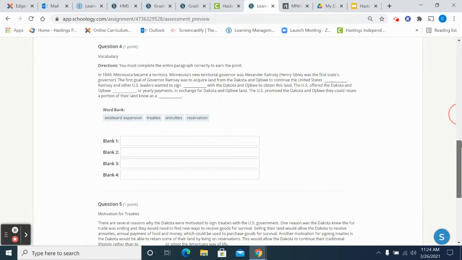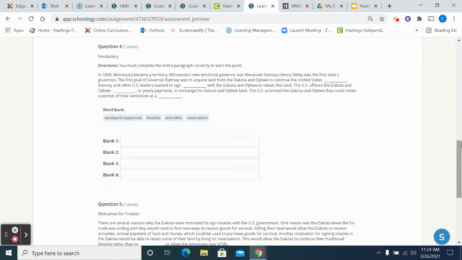Moving on. Whoa, question number 4 is not easy. It focuses on vocabulary. And if you notice within the directions, you have to get everything correct in order to earn the point. So slow down when you complete this question on vocabulary. A great resource would be, of course, your vocabulary terms, right? Go back and pull that out, and I'll show you where you can also locate it within the online textbook as well.